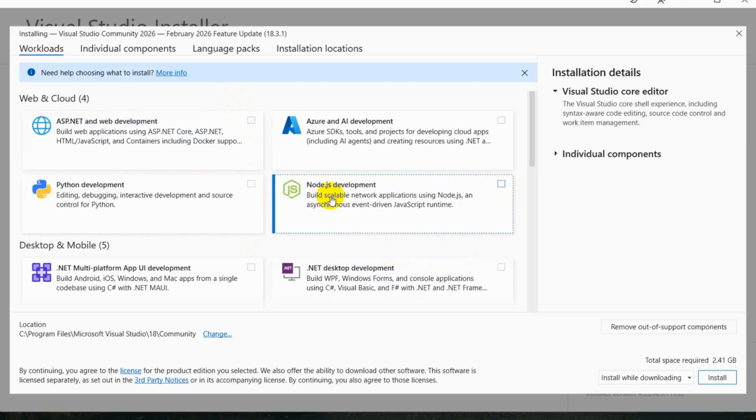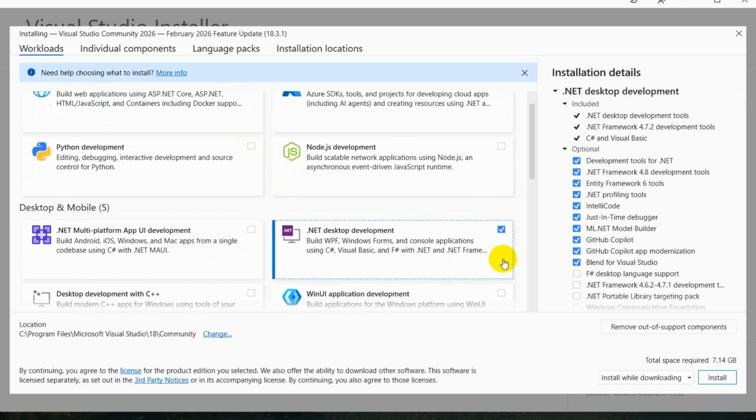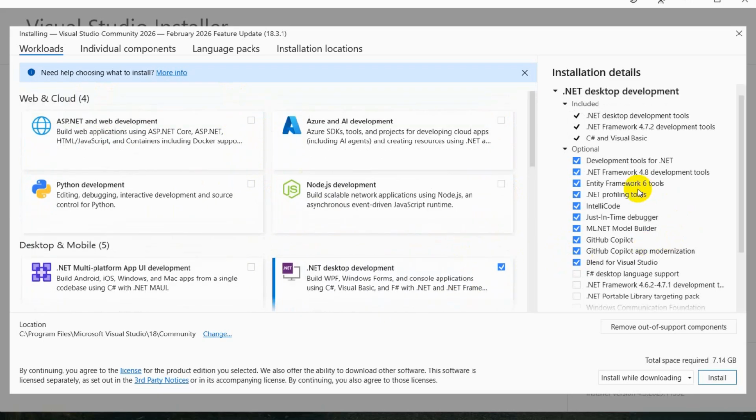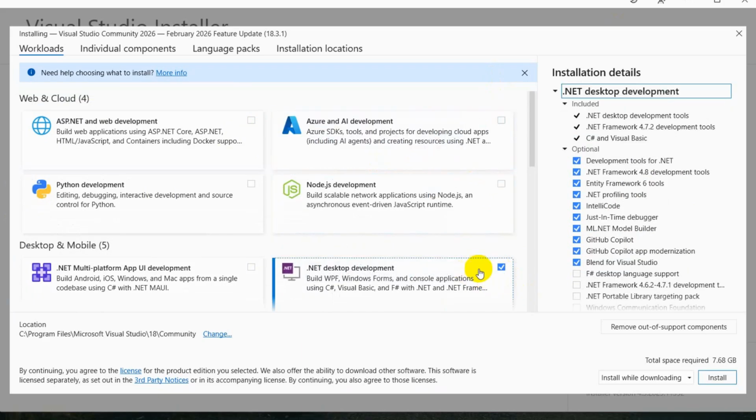So I want to install Visual Studio for .NET projects. I'm going to select this, and it will select a lot of things over here. So we are going to select this, .NET development. It will select a lot of things over here. Do not uncheck anything. Just go down, and here you can see the install option. You need to click on install, and you need to make sure that in the C drive you have this amount of space left.